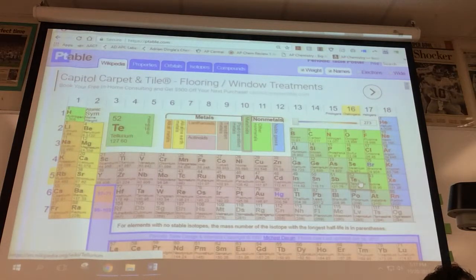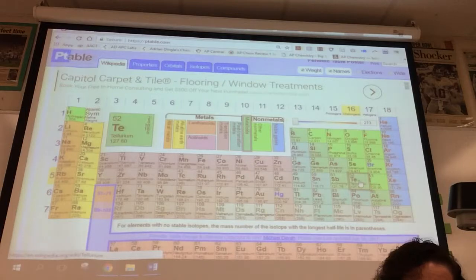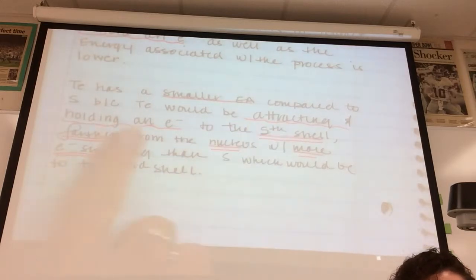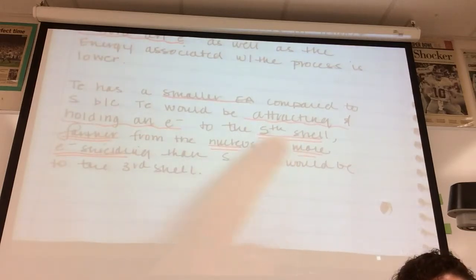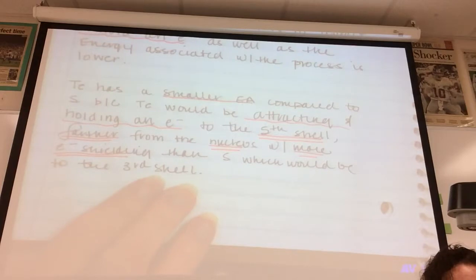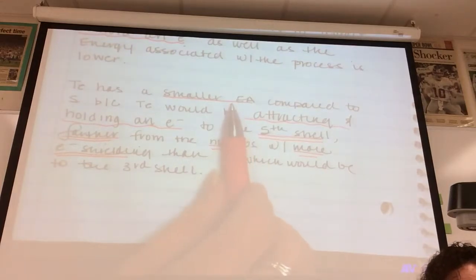Which element illustrates more electron shielding? Tellurium. Tellurium is going to have a smaller electron affinity compared to sulfur, and that's because it would be attracting and holding an electron to the 5th shell, which is farther from the nucleus with more electron shielding compared to sulfur, which would be trying to attract and hold the electron to the 3rd shell. So make sure you answer the question,